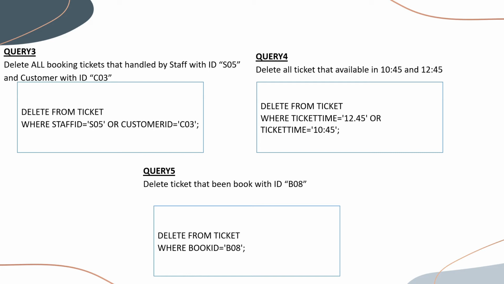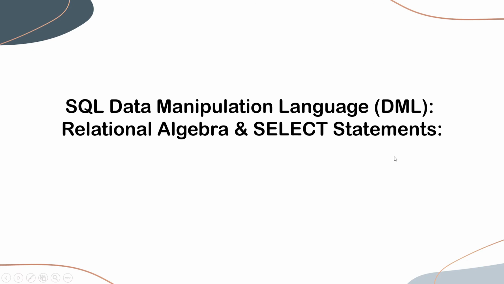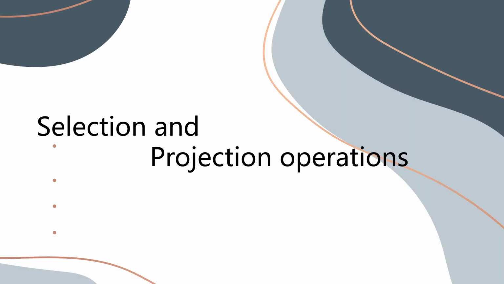Then we want to delete all the tickets that are available based on ticket time. Finally, we want to delete tickets that have been booked based on their book ID. Then for number 2, we have SQL data manipulation language, DML, relational algebra, and select statement. For the first, we have